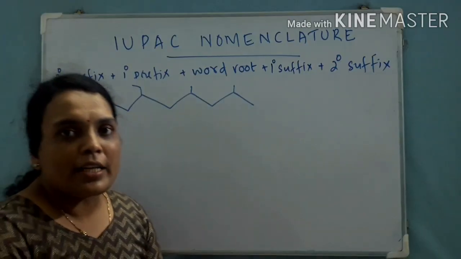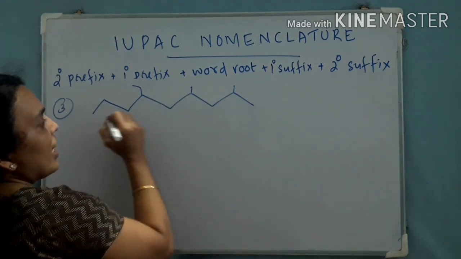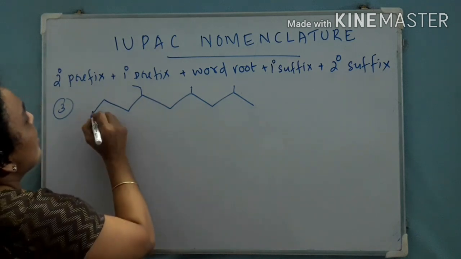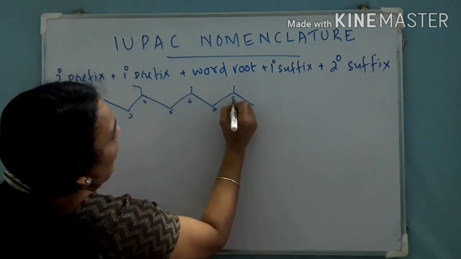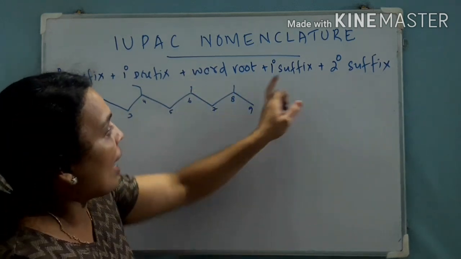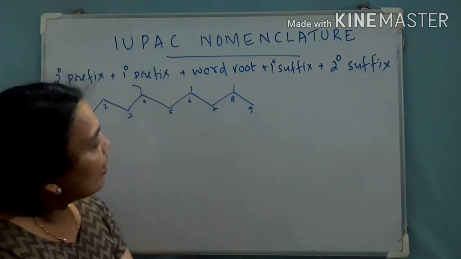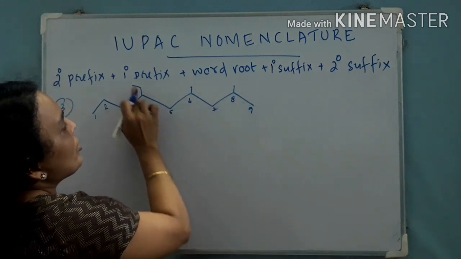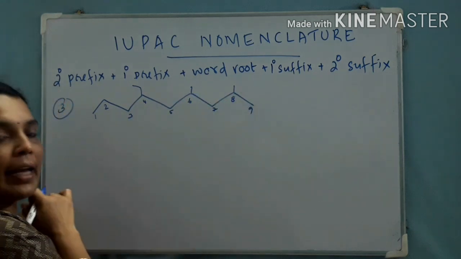Okay. Come to another example. Let us see a compound here. Let us take the parent chain. Let us see the longest parent chain. That is 1, 2, 3, 4, 5, 6, 7, 8, 9. So a 9 carbon system, that is the word root is non, and primary suffix is ane, nonane. So the parent chain is nonane. Then come to the substituent. There are 3 different substituents. A methyl group at the 4th position, an ethyl group at the 6th position, and at the 8th position there is again a methyl group.